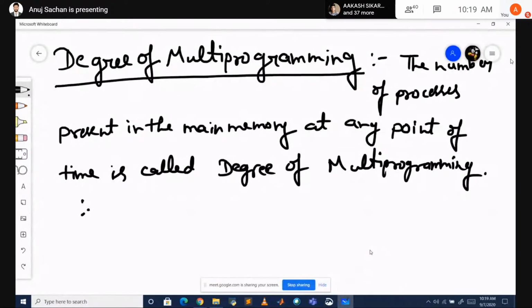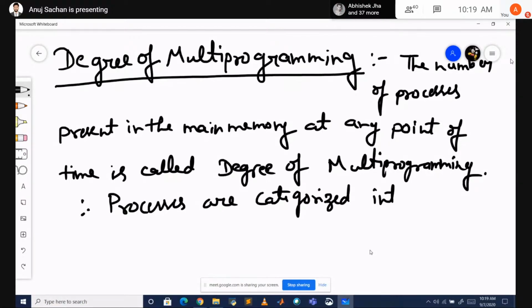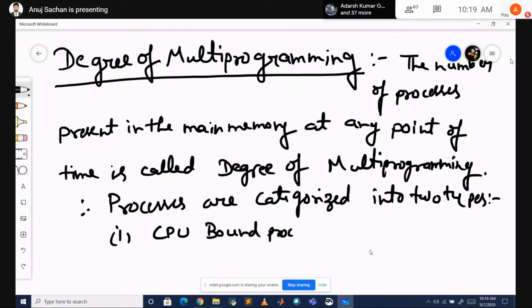देखो, प्रोसेस को अगर कैटेगराइज करना हो तो दो टाइप में कैटेगराइज कर सकते हैं। एक वो प्रोसेस जो सीपीयू बाउंड होते हैं, एक वो प्रोसेस जो इनपुट आउटपुट बाउंड होते हैं। फर्स्ट, सीपीयू बाउंड प्रोसेस। सेकंड, इनपुट आउटपुट बाउंड प्रोसेस।